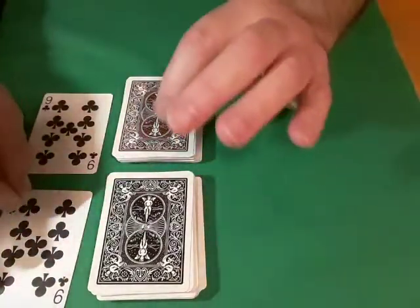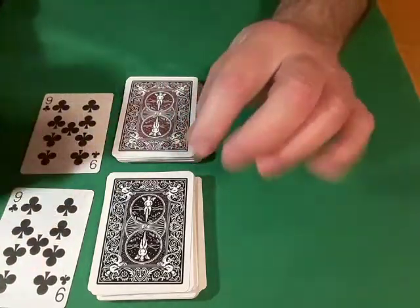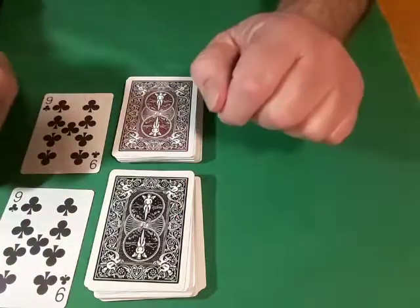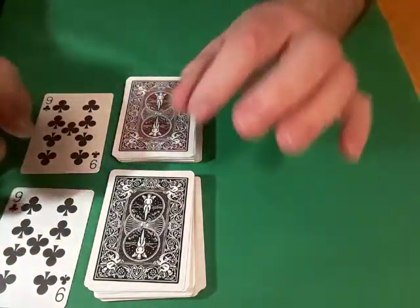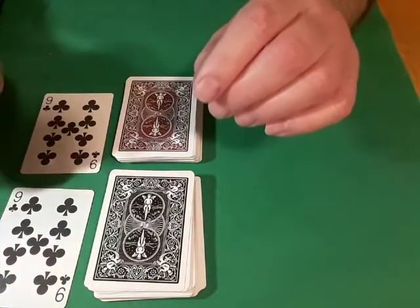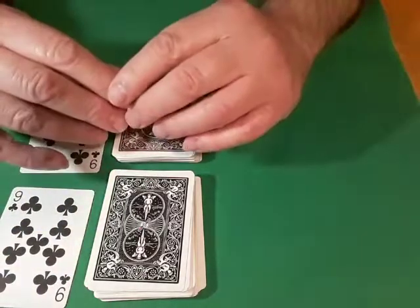This probably wasn't the best demonstration ever because of having to show you what the cards were, but when you see the tutorial, you will understand exactly how this whole thing goes together. And I hope you'll enjoy doing it and put it in your repertoire. Again, this is a great effect for beginners at a party